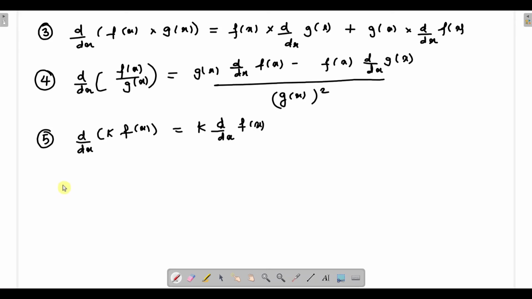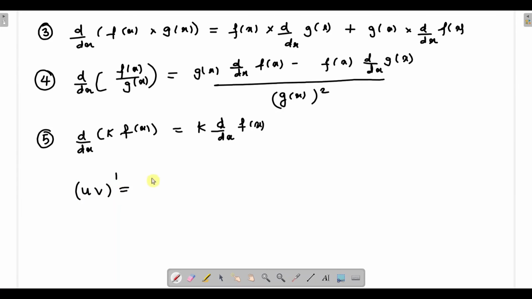Now let us look at how to remember the third and the fourth property in a short way. Suppose you have two functions u and v. This is the first function, this is the second function. The derivative of that is denoted by dash, like this. So (uv) the whole prime, or dash, you call it prime or dash, will be equal to, I will call it as prime.